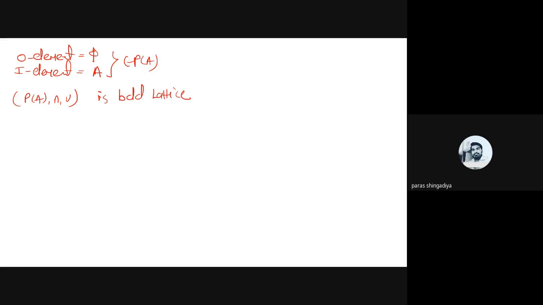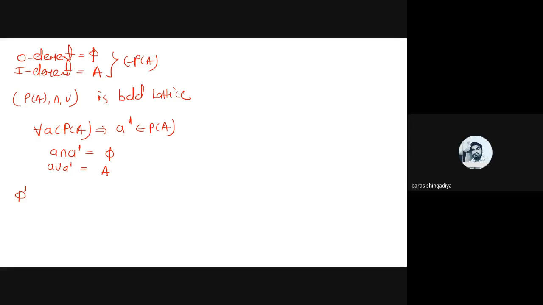If it is a bounded lattice, now we'll prove whether it is complemented or not. So for a complemented lattice, we'll check that for every A belonging to P of A, that is, for all entries of P of A, A dash should exist and it should be a part of P of A again. Then we can say it is a complemented lattice. And how can we find A dash? For A dash, we'll check that A intersection A dash should be phi, and A union A dash should be the capital A. A star A dash, that is A intersection A dash, and A ring sum A dash, that is A union A dash, should be the capital A.